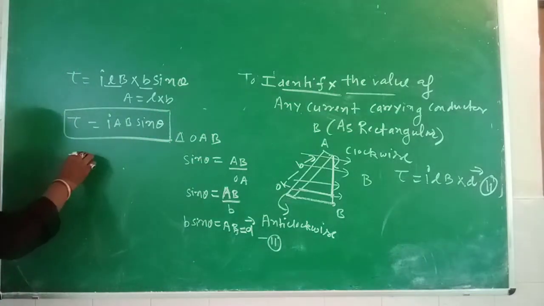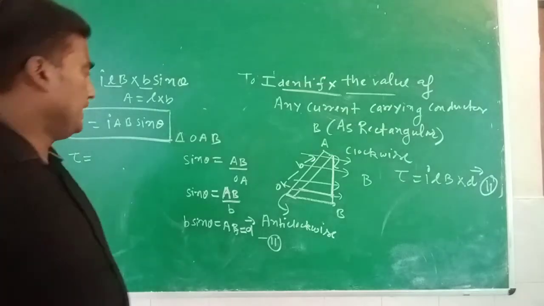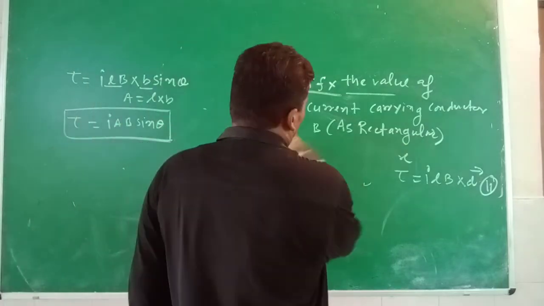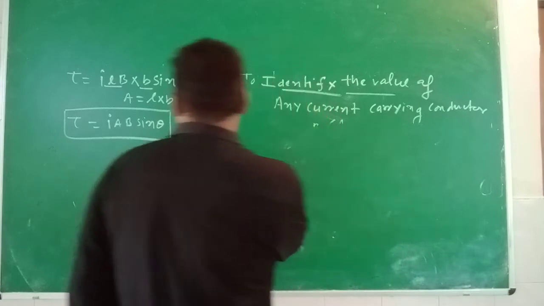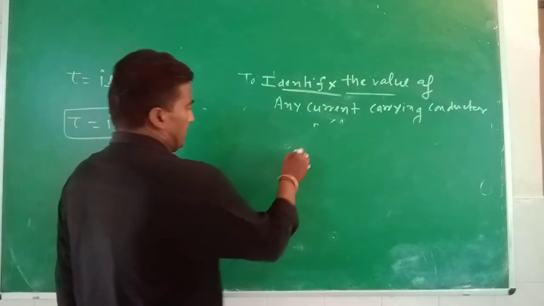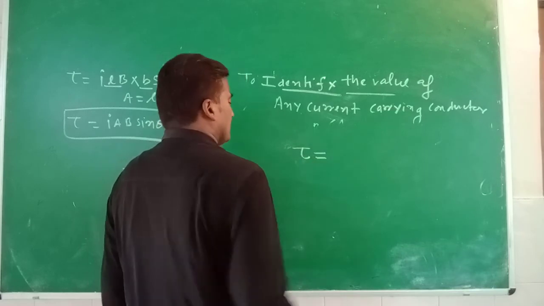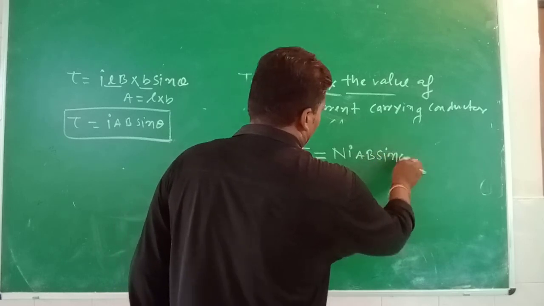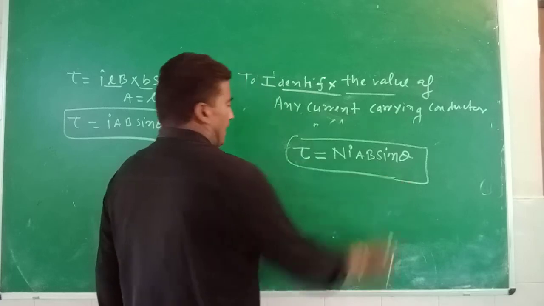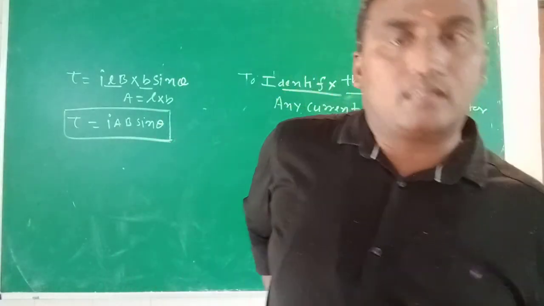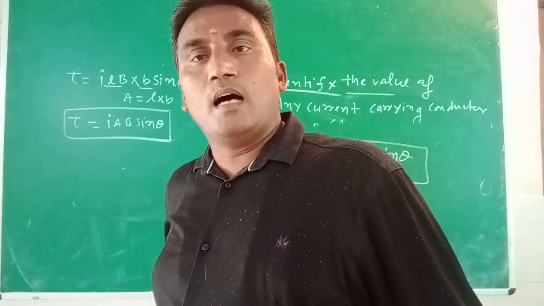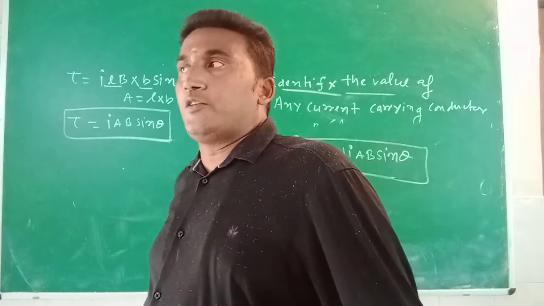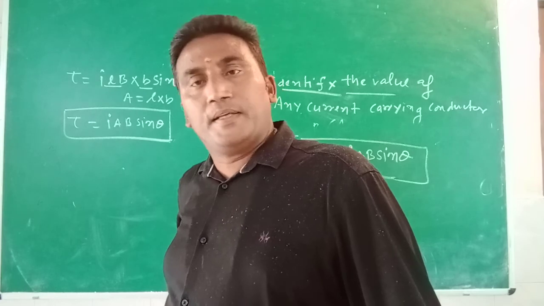We identify the value of torque in terms of the number of coils mounted on the armature, then our relation changes, and we can easily write it in this form: tau is equal to N I A B sin theta, where N is the number of turns, I is the current, capital A is the area, and capital B is the magnetic field, and theta is found when it moves in the clockwise and anti-clockwise direction.